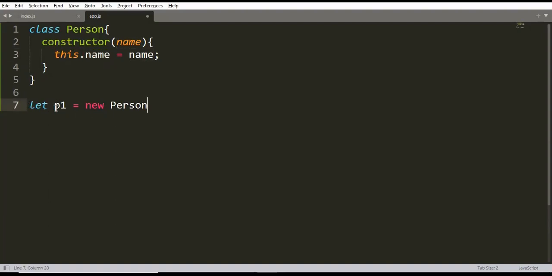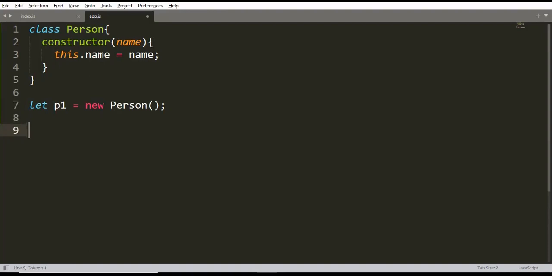But when we create an object, at last, we put parentheses just like we do with functions. So this is the way of creating an object of a class. What is an object? You can say an object is an entry point to the class, because an object can access all the methods and properties of the class. Without an object, you cannot instantiate, or you cannot print or use any property from inside the class.